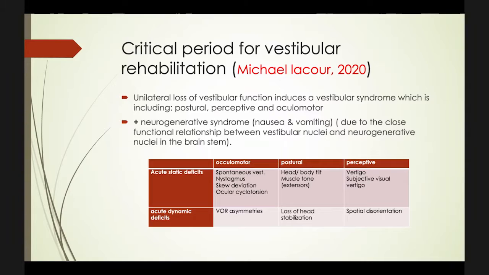And there are some symptoms related to the static deficit and/or the dynamic deficit. For the static, from the oculomotor side, we find spontaneous vestibular nystagmus, skew deviation, ocular cyclotorsion. From the postural side, head or body tilt and muscle tone. Perceptive, this is vertigo, subjective visual vertigo. If there is an acute dynamic deficit, we'll find VOR asymmetry, vestibulo-ocular reflex asymmetry, loss of head stabilization, and